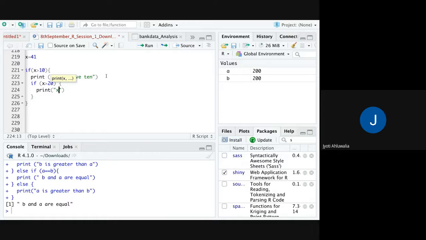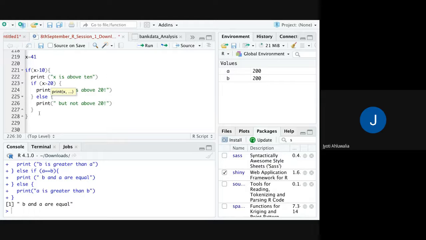X is above 20 also. Then one statement is done. Else print, it's not above 20.